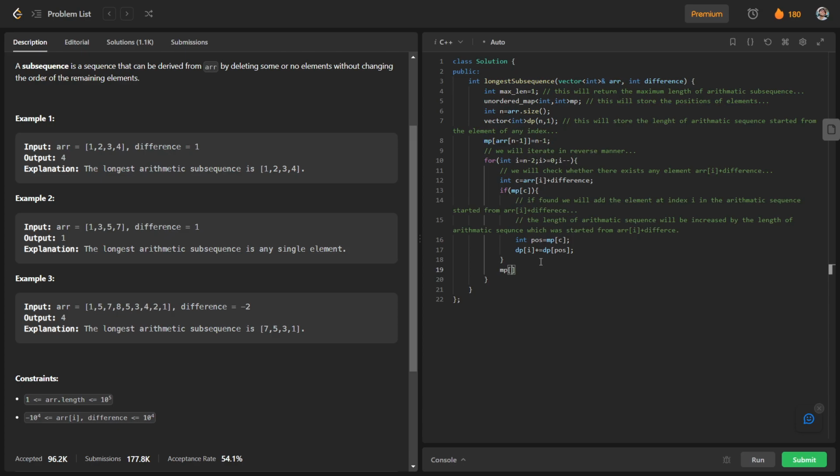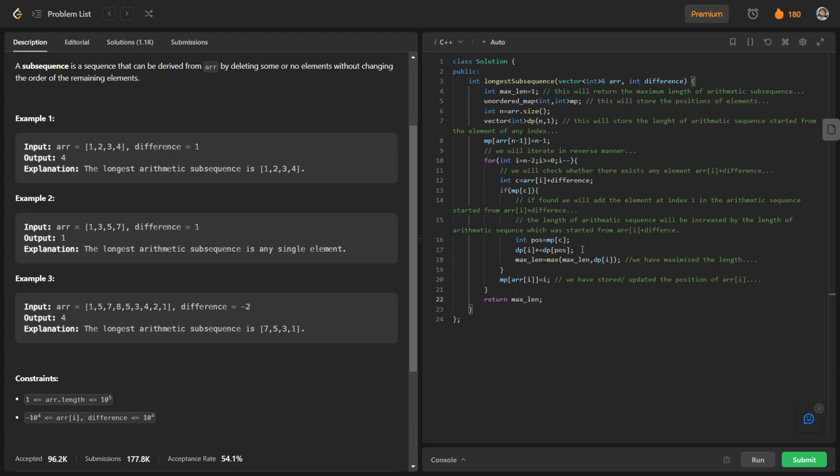So MP of ARR of I is nothing but I. Also we have to maximize the length, so max length will be the maximum of max length comma dp of I. So here we have maximized the length, and we have updated the position of ARR of I. We are done with iteration, and after that we will just return the maximum length.